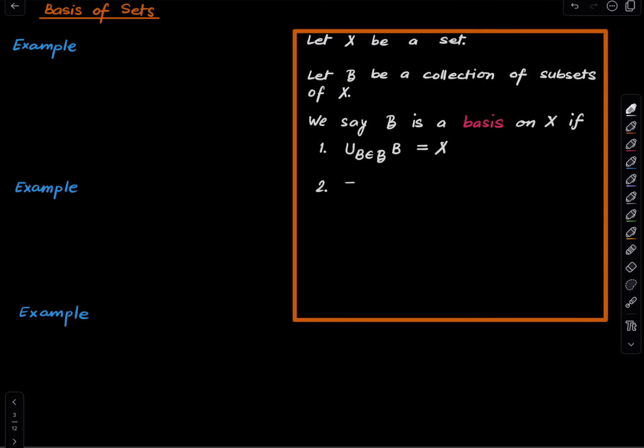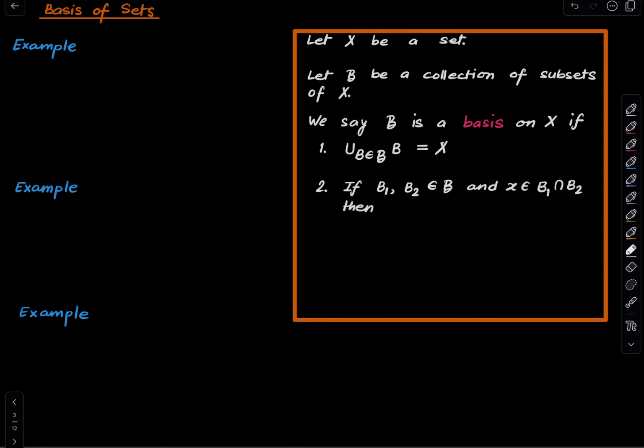If B1 and B2 are chosen in script B, and suppose we choose a point in their intersection, well, they may not intersect. If you choose two elements from script B, they may not intersect at all. But if they do intersect and you choose a point in their intersection, then